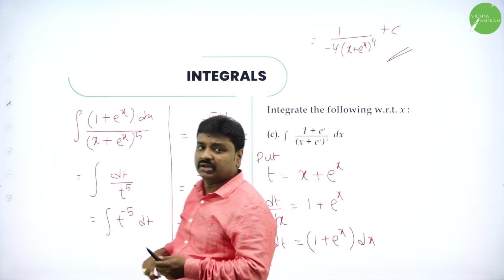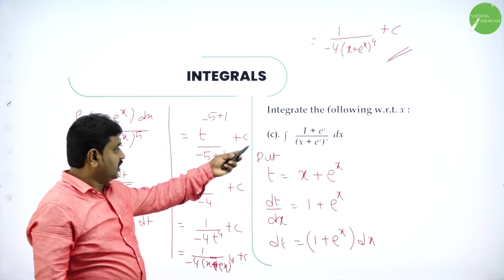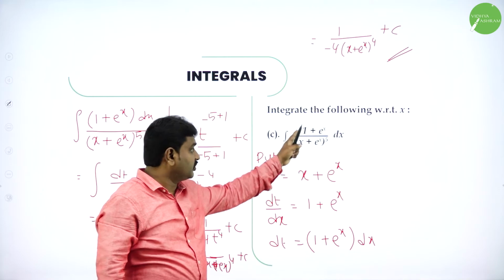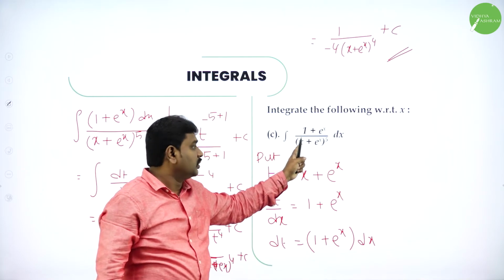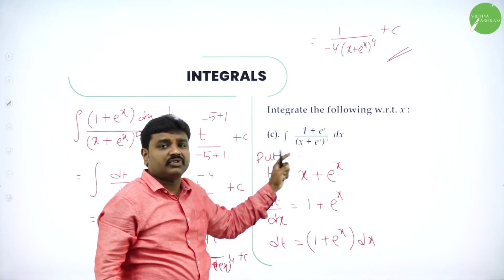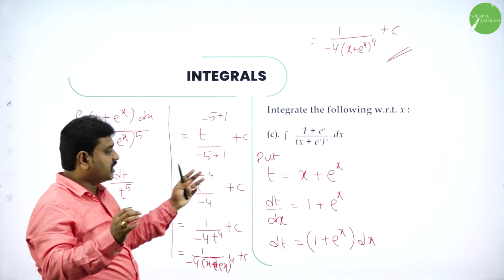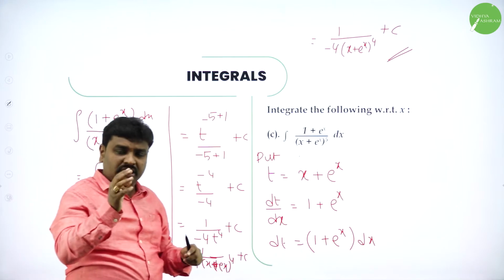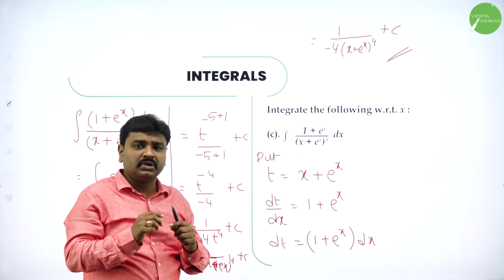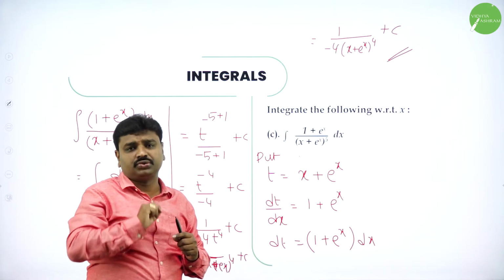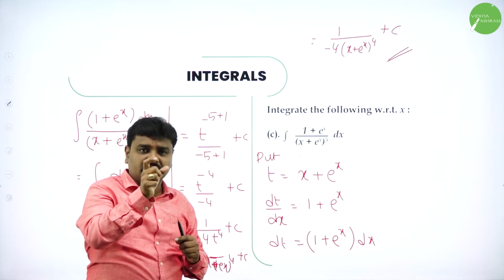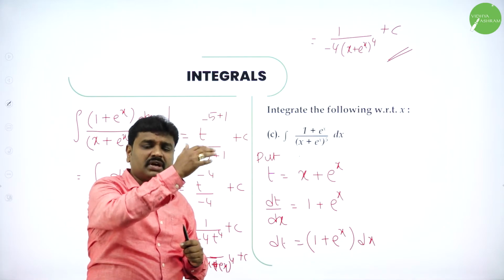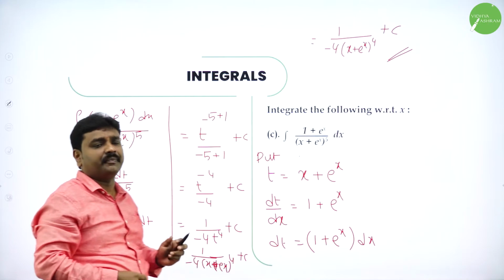This is the integral. Here, observing the denominator x plus e power x, the derivative of x is 1 and the derivative of e power x is e power x. So take x plus e power x as t, that is a hint. Differentiate, rearrange and do substitution. So we have done 3 problems now. In every problem the hint is what to substitute. Take a particular function as t and differentiate, you will get the remaining part, so that it will reduce to an integrable form.